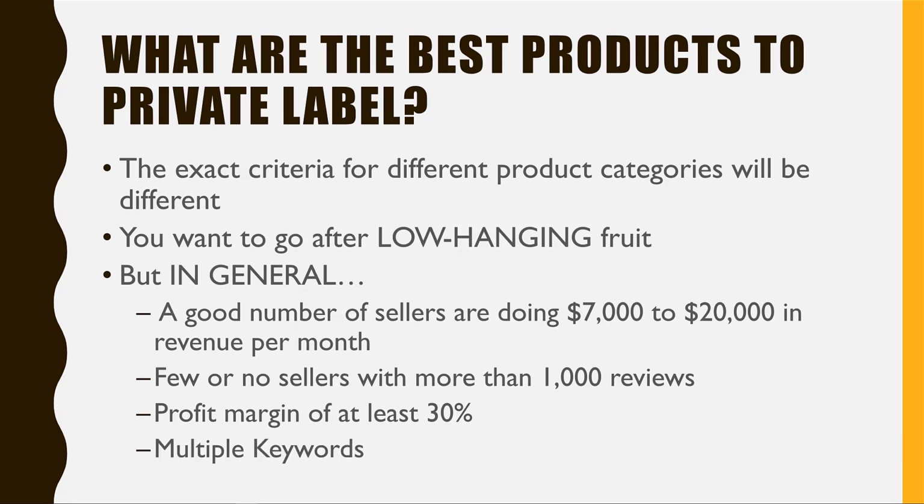I want to find something that is sold under multiple keywords, or multiple search terms. I don't want something where there's only one search term that people use to find that one product. I'll show you exactly what I mean in just a bit. I'm looking for products that have multiple search terms that people use to find that product, because the more ways that people can find that product,